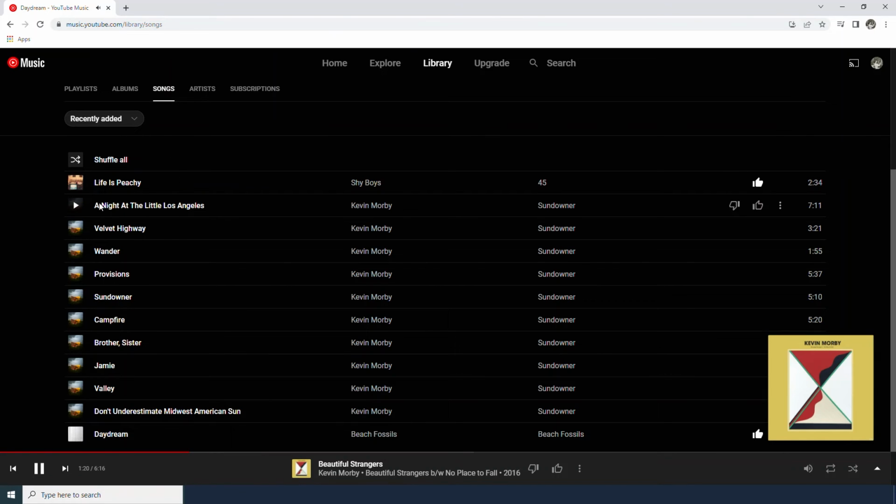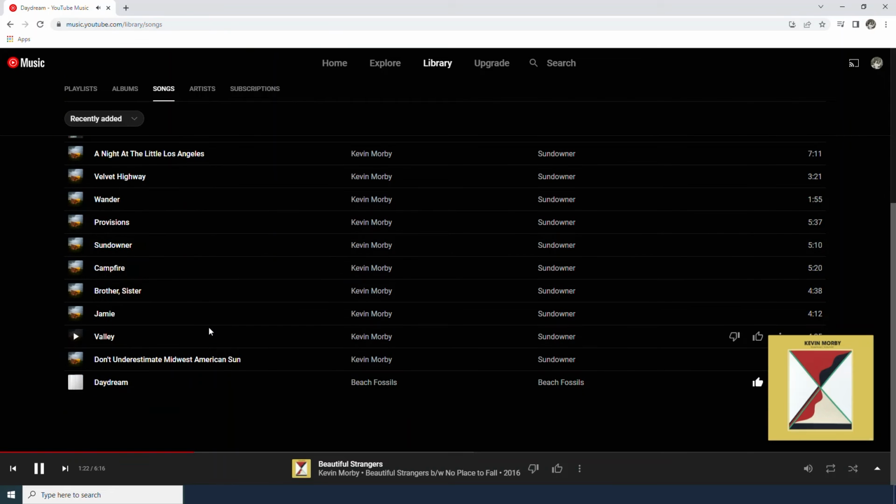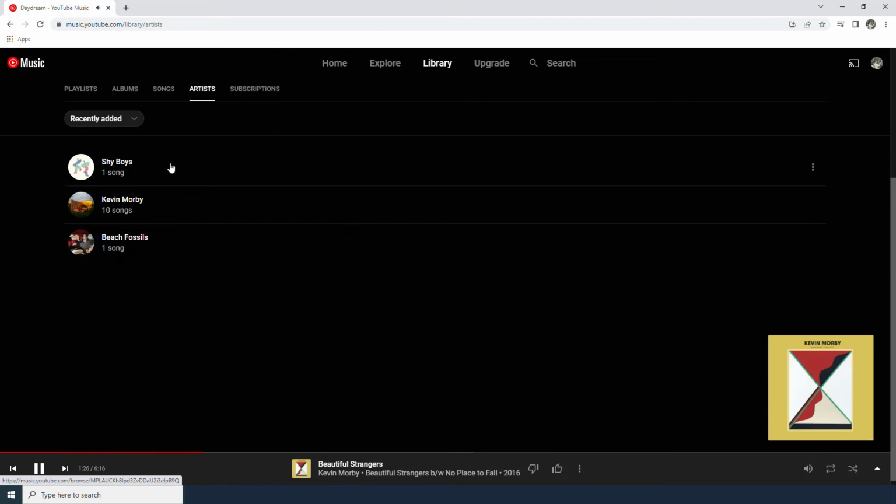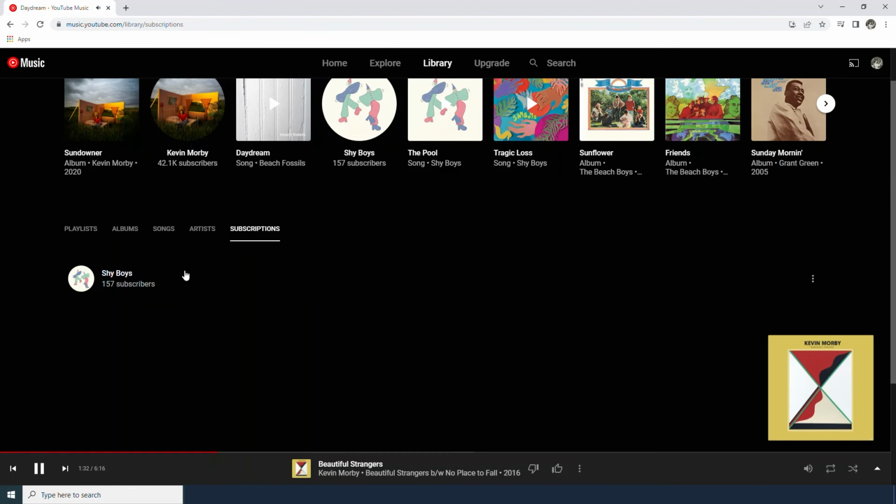And under there, we should see the Kevin Morby album that we added. That's the whole album. Under songs, we have that whole Kevin Morby album plus the Shy Boy song and the Beach Fossil song we added earlier. Under artists, we have any of the artists whose songs we have liked or added to albums. And under subscriptions, we have Shy Boys because we clicked on their subscribe button, so we'll get notifications when they